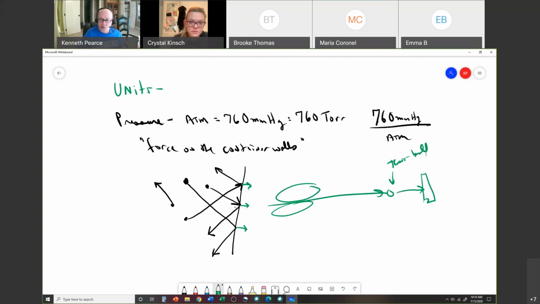And if you have a whole bunch of them, like one of those comedy movies where they're throwing millions of tennis balls all at one time, if they hit something, they're going to push it back. Well, that's the same thing happening with these gas particles, except instead of a few of them, there's bazillions. Bazillions and bazillions are whacking against the wall of the container, and you perceive that as